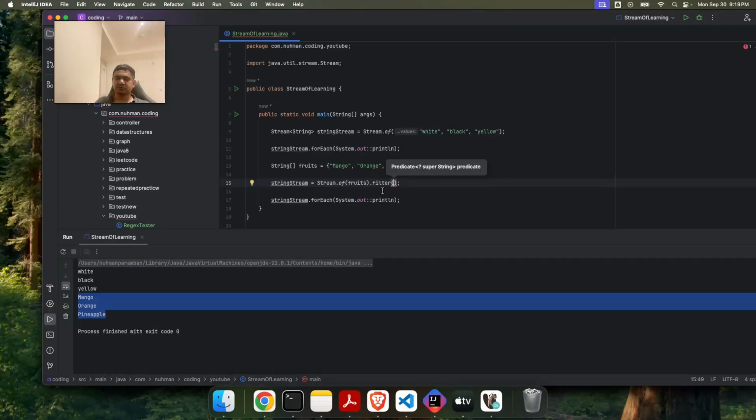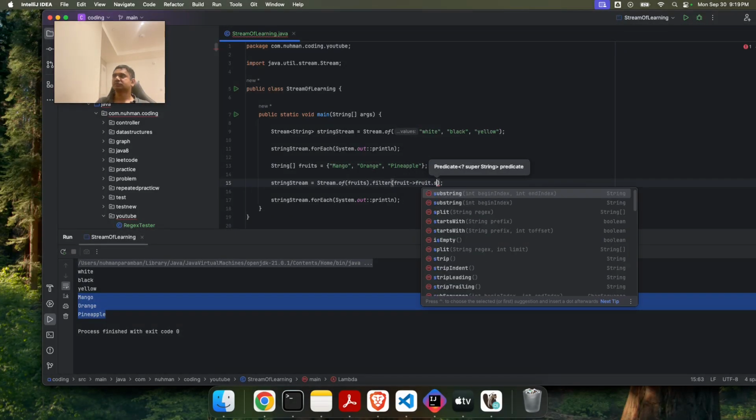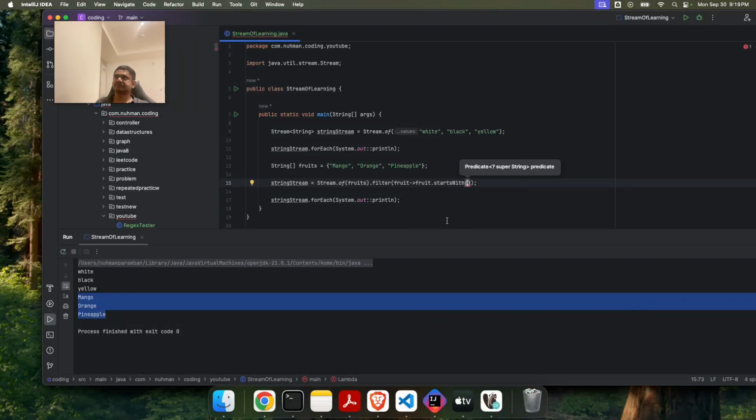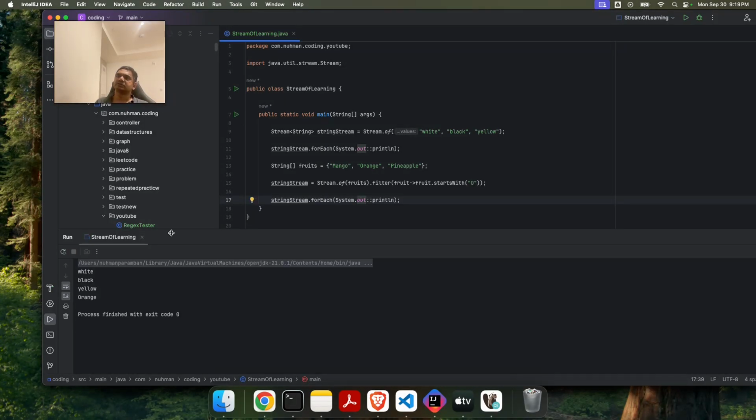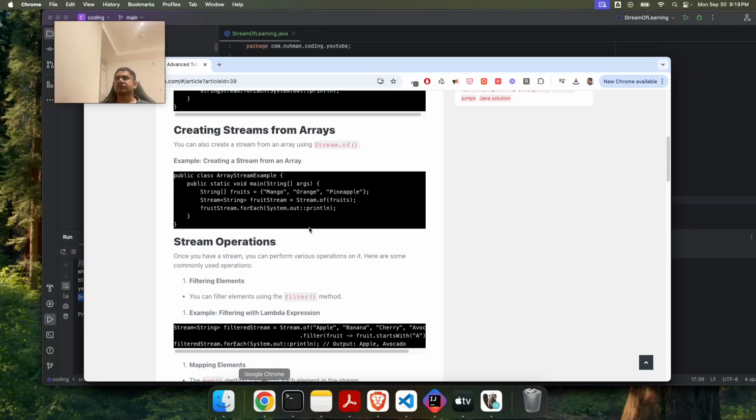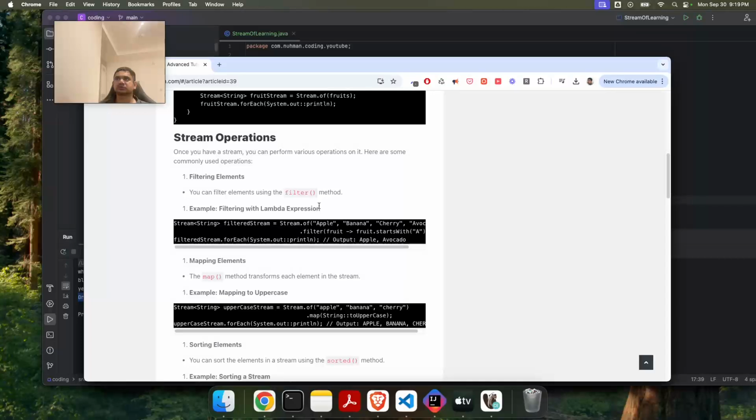So here, since it is food, we'll use the same example for startsWith. Oh, since we have only one element, let's see what we are getting here. So you can see I have only orange here. So that's exactly working as we expected. So there is nothing we need to discuss on that. And the other one,